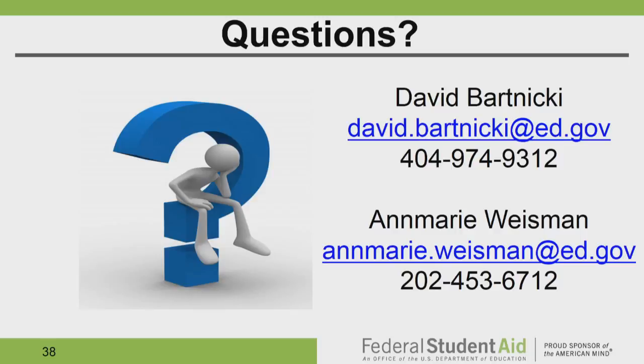Is that correct? No, one of the things to remember with that is, and this is a little separate SAP regulation, separate from our normal 668.34, but when you check at the end of that 4th semester, we say you have to have a 2.0 or equivalent to that, or meet the requirements for your standards for graduation. If you have a graduated GPA process, and at the end of the 4th semester, that student has a 1.8, but that 1.8, based on the number of credits they've earned, is acceptable based on your graduated process, then